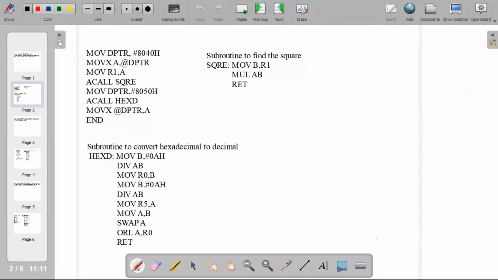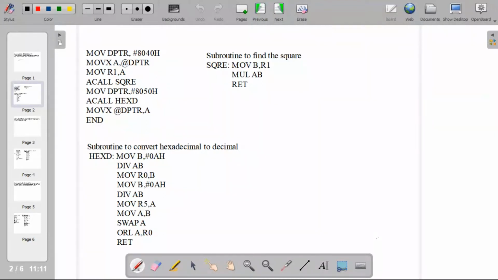The result of the multiplication operation, which is in A, is divided by B, and then the remainder, which is stored in B, is moved to register R0, and then B is again loaded with 0A, and then DIV AB is done again, that is the result of the previous division is divided by 0A.